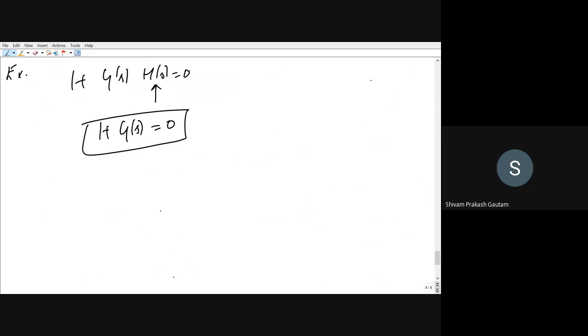Suppose the open loop transfer function is provided to you, that is G of S will be equal to 1 upon S plus 1. I'm just giving you an example, and you have to find out its characteristic equation. This is for a unity negative feedback system, so what you can do is equate